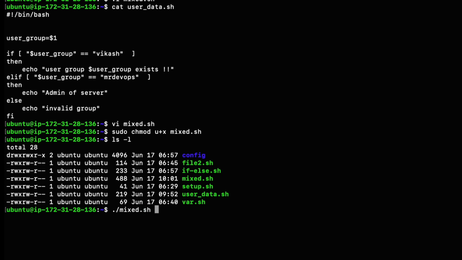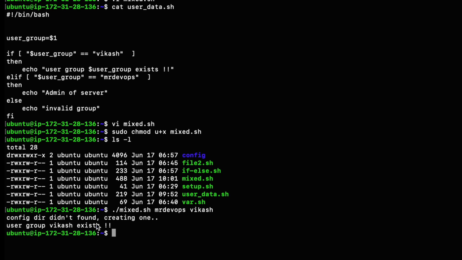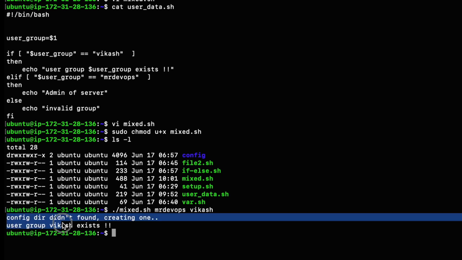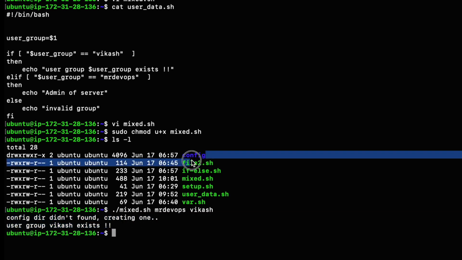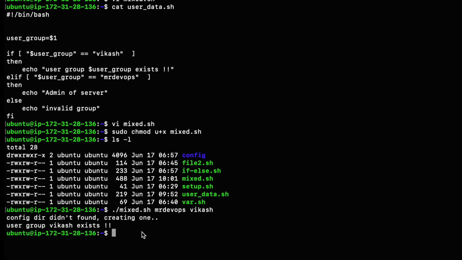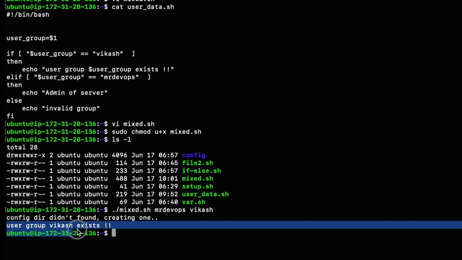The first argument will go to the directory creation function. So let's try to create a directory named MrDevOpss. And the other will be, suppose, a user group name. You can pass anything, either this or this, because we have already variabilized this. Let's try to pass it again, Vikash. Hit enter. So it says config directory not found. Earlier there was no folder named MrDevOpss, right? So that is why it has tried to create all those folders, and